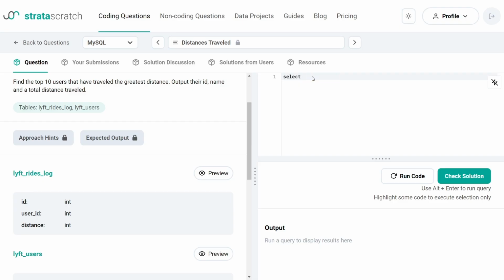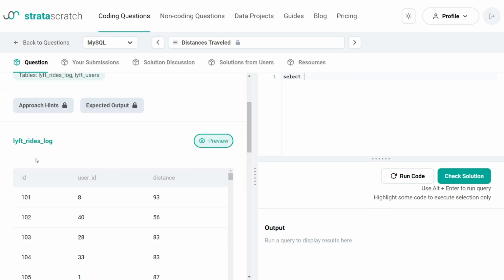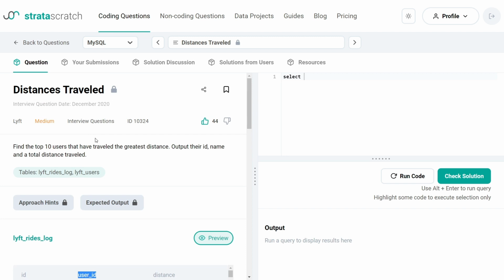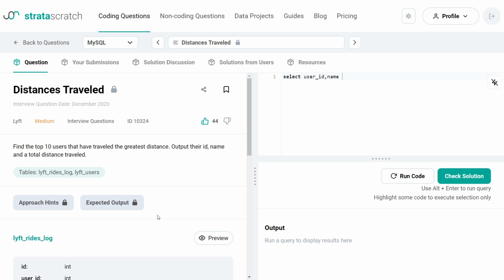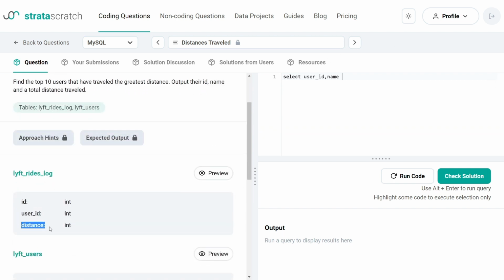Now as an approach, ID we will use user ID. So we have to fetch user ID because the question asked to fetch the user ID and name. So I will write here user ID. Name I will fetch from here, from table B, and we have to fetch the total distance. So distance I will get from here,